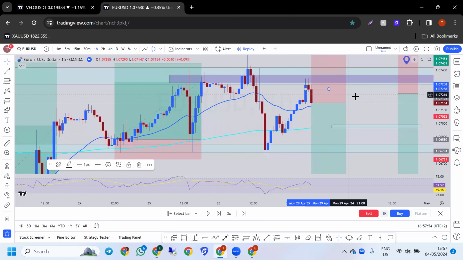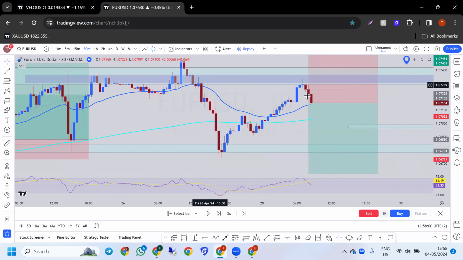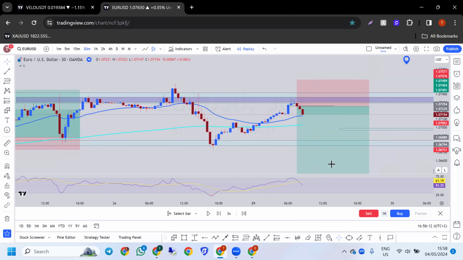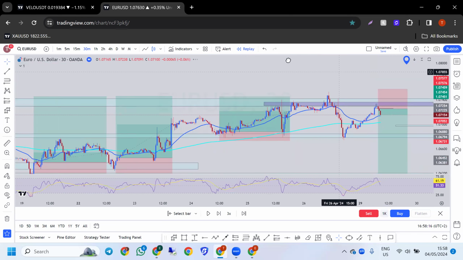So you see how I just entered the trade, boom, on 30 minutes. I didn't look at 30 minutes, and even on 30 minutes, look at where the trade was ready, 7:30. I would have entered the trade right there. You see why I said that I prefer entering trades on the 30 minutes time frame, because I get better entries.